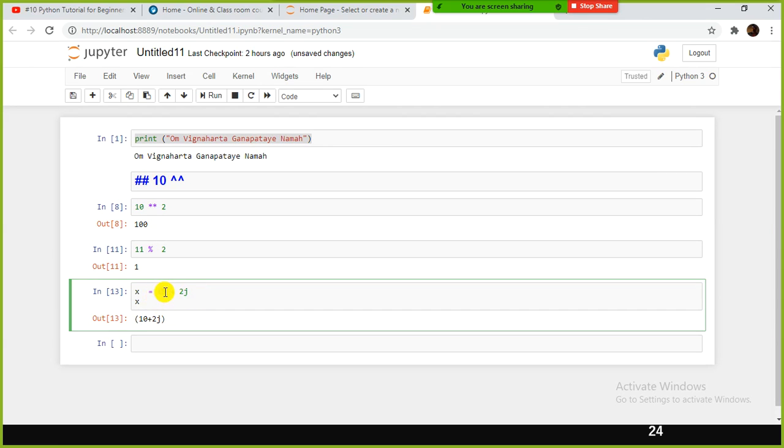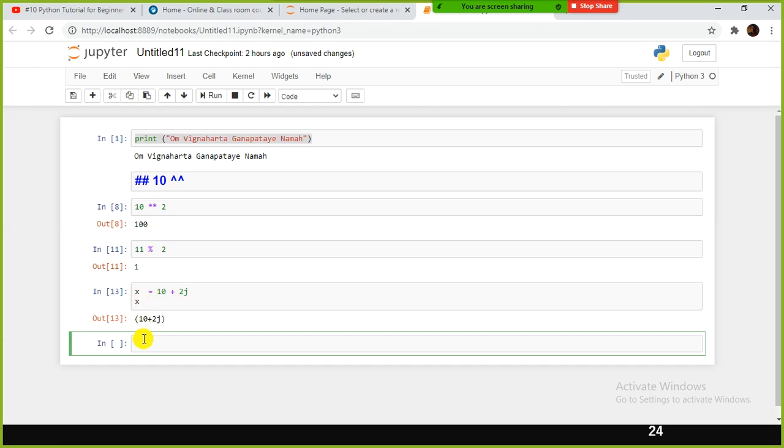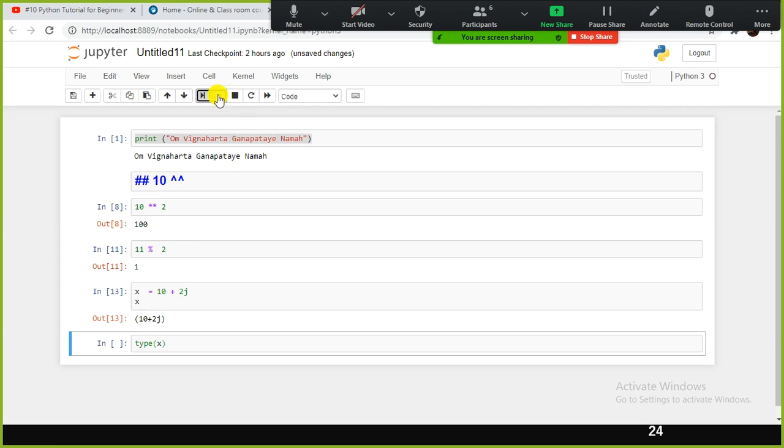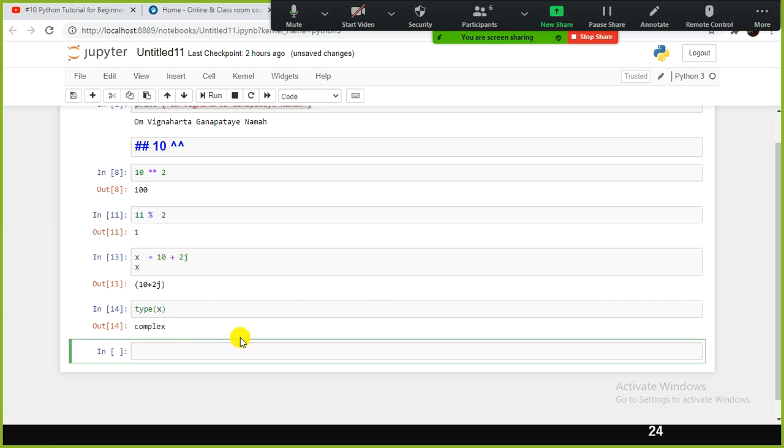This is the real part and this is the imaginary part, and the variable x is a complex data type. How do I check the data type? We have a function called type of x. This is my complex data type.